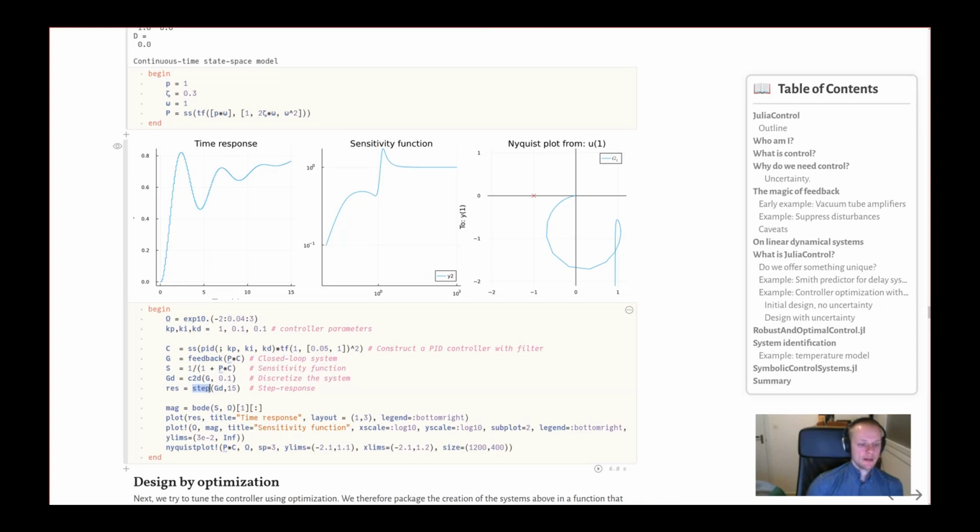And then step here is a short command. It performs the simulation where the input is a step function. And we see the result of this step here in the leftmost plot. It starts at 0, and then it swings a bit back and forth, and slowly it starts to reach 1, but it doesn't actually reach 1 within the time here, 15 seconds. If we would step a bit further,